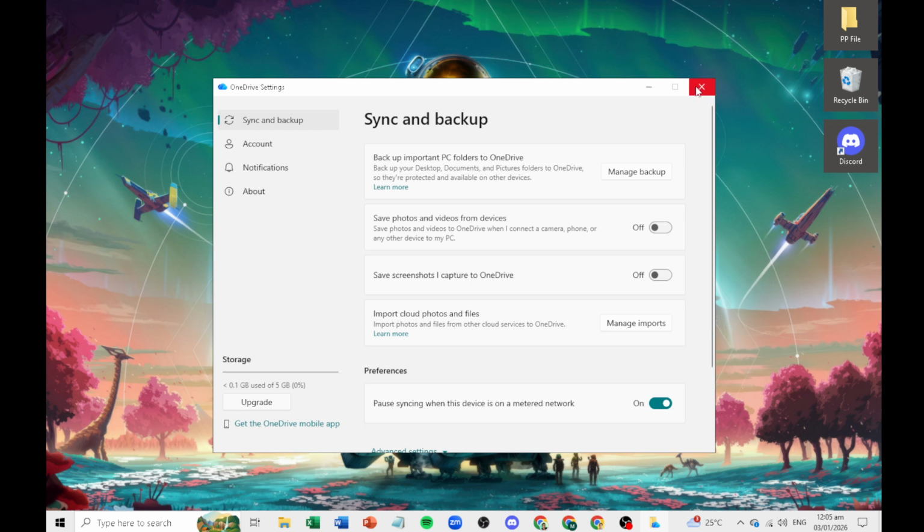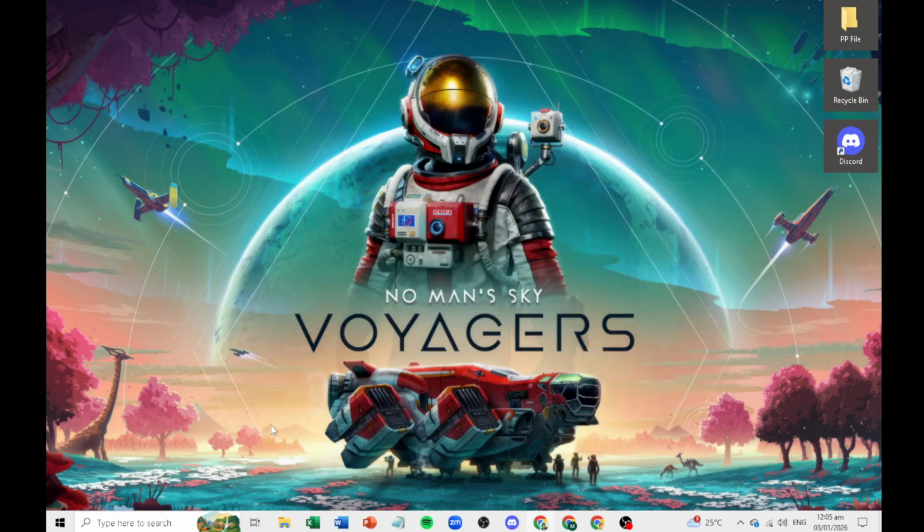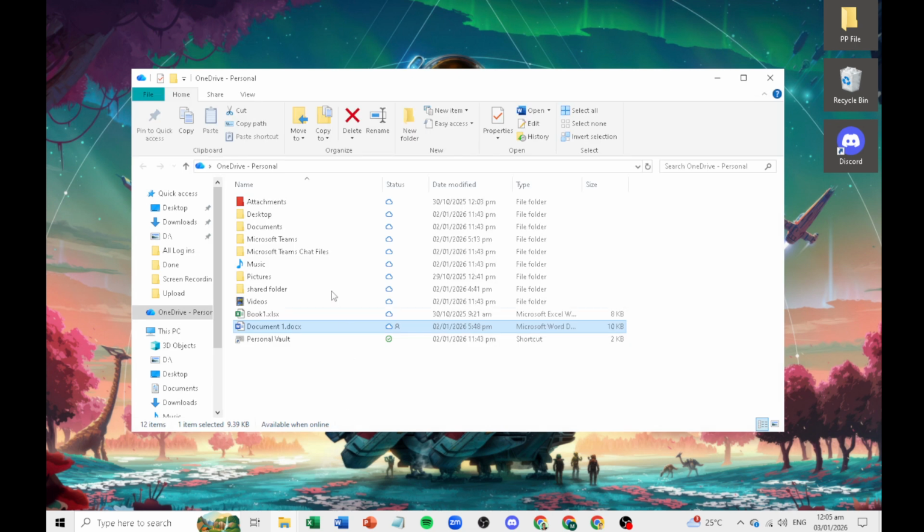Give OneDrive a moment to update. You'll see the tray icon show progress, and then return to idle. After turning backup off, check File Explorer to make sure you're working in the local versions of your folders, not the OneDrive paths. If you plan to move files from OneDrive back to your PC, make sure you have enough